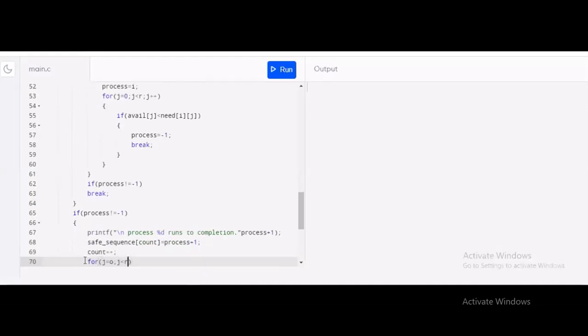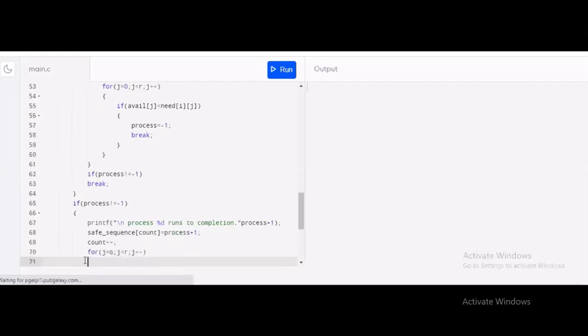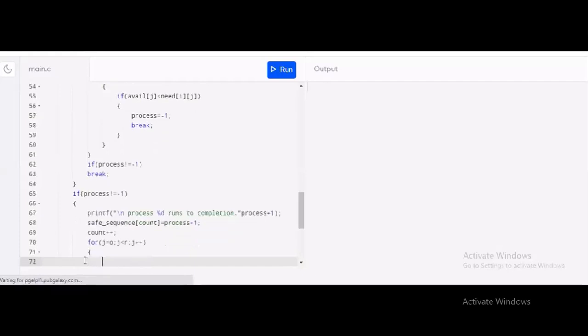Now I'm using another loop: for j = 0; j < r; j++. When a process completes its execution, it releases all the resources which were allocated to it before. So now we will print the values of the released resources and allocate them to another process. For this, I'm using some formulas.